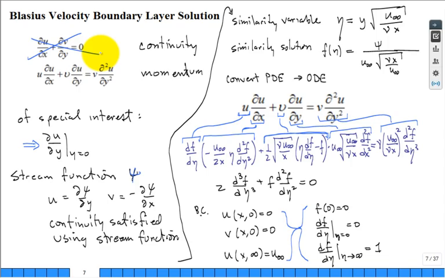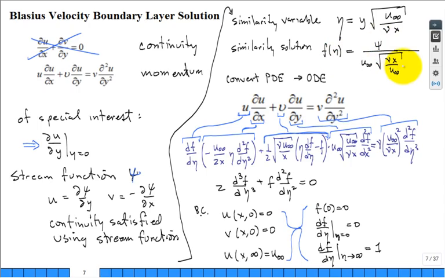I'm down to only one PDE. But I assume the solution's in the form of a stream function, which I haven't solved for yet. Then we come up here and we say these equations look very similar. The velocity profile looks similar, so you introduce a similarity variable eta. That's the genius of Blasius. As well as we're looking for a similarity function of eta, where you have the stream function divided by its